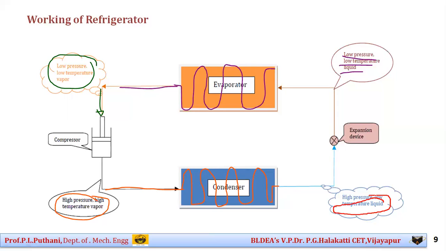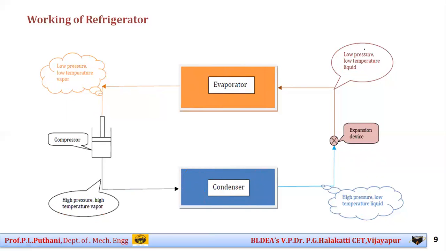With a drop in temperature, it is a low temperature liquid phase, but the pressure has not reduced. So for the reduction of pressure, we take the help of a device known as a throttling device or an expansion device, where the refrigerant passes through this particular device. There is a reduction in the pressure, regulating the flow of refrigerant towards the evaporator. When it comes out of the expansion device, if you observe carefully, it has again attained the low pressure, low temperature liquid phase, and this cycle continues through all the 4 parts, and the cooling effect is carried. This is the working of a refrigerator.